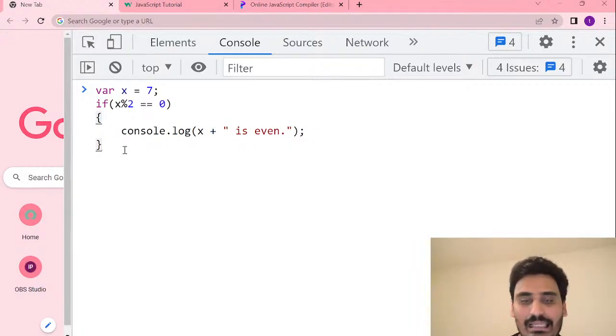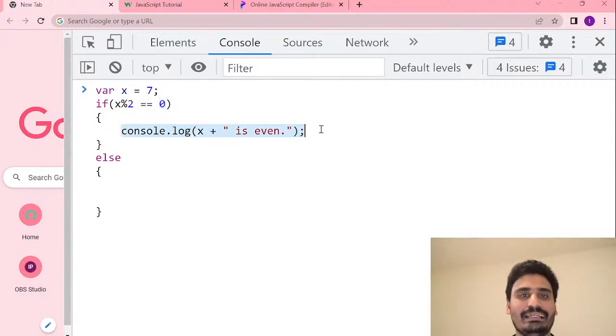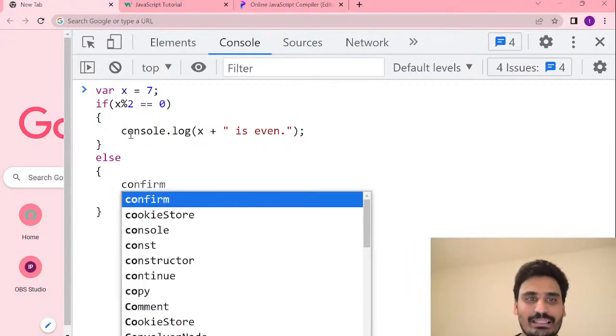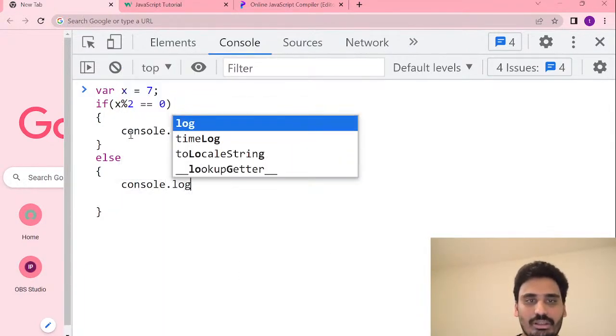Next, else. If it's not even, what will be the other thing? It will be an odd number. So write else, with brackets open and close. We are saying if x is divisible by 2, that is, the remainder is 0, which is what we have written here, then print that as even. Else, I'll close this if and write else, open bracket and close bracket. This else part will be executed. What needs to be done? console.log of